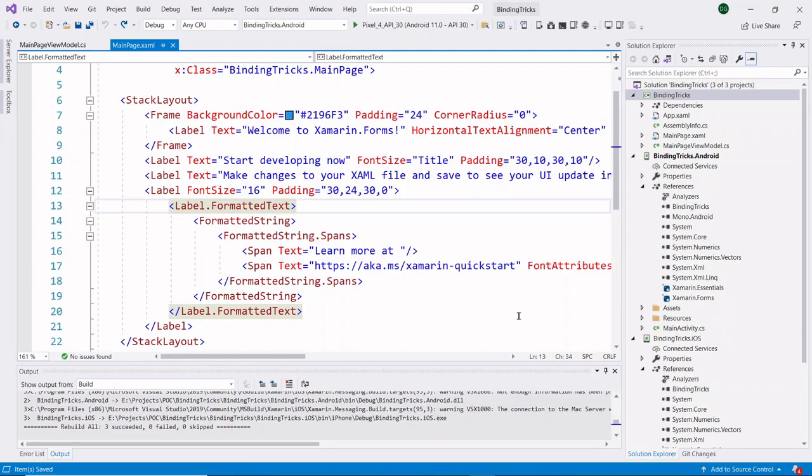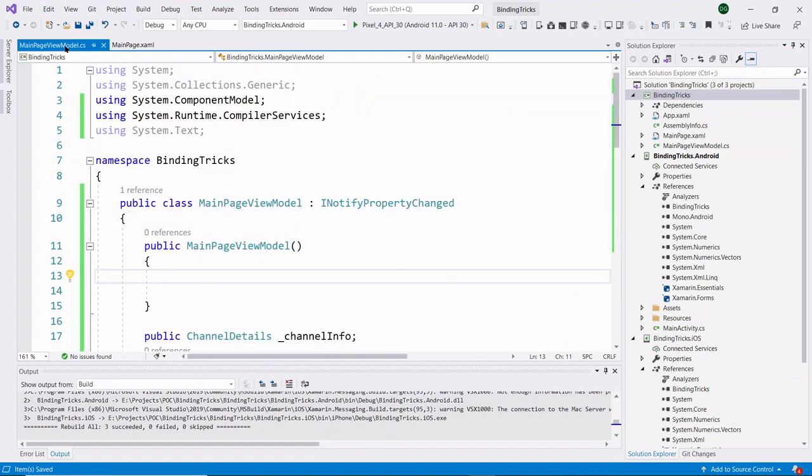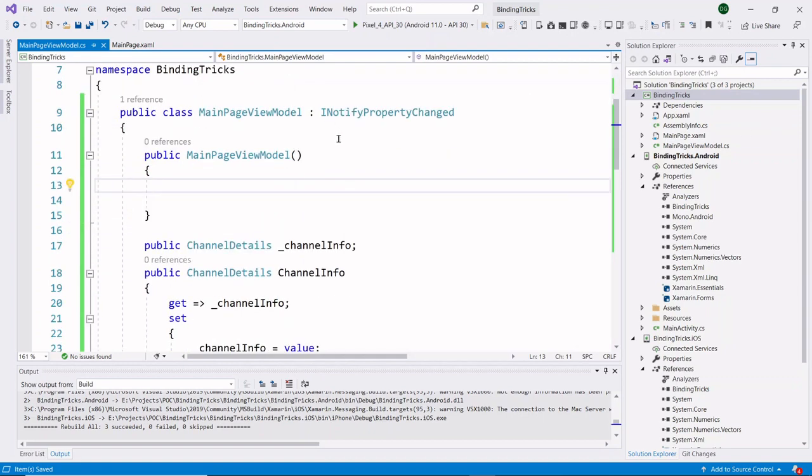Let's see how to do it practically. Here I have opened a blank Xamarin Forms project. Let's see how to add string format in it. Here I have already created my main page view model. From that view model, I will bind my channel name to my view.